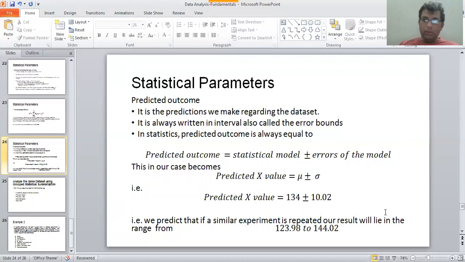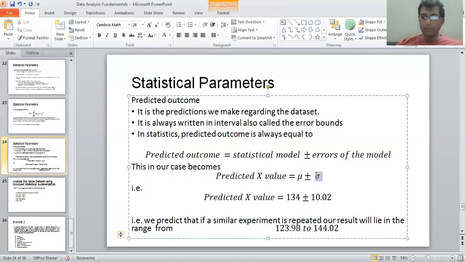The statistical model that we have used in this example is the mean value model. And the error of this mean value model is indicated by the standard deviation with this Greek symbol sigma, and the variance is basically sigma square. So mu plus minus sigma, in our case 134 plus minus 10.02,